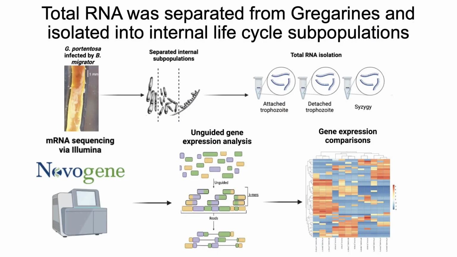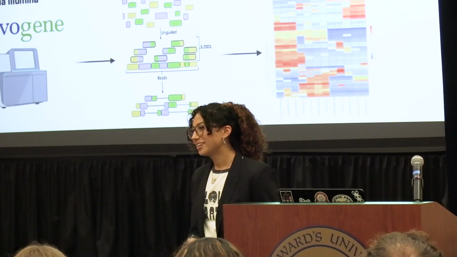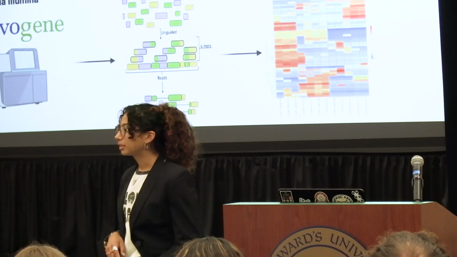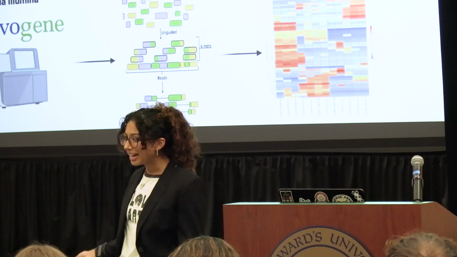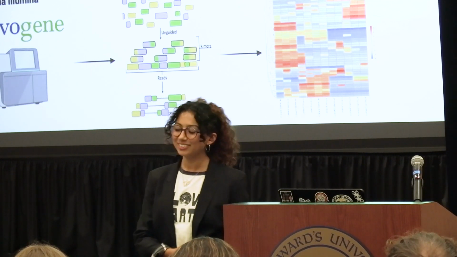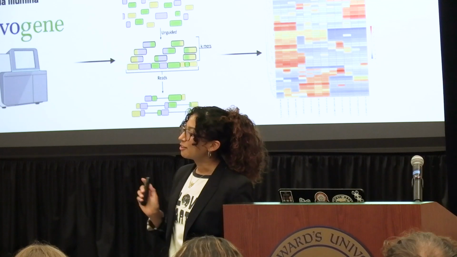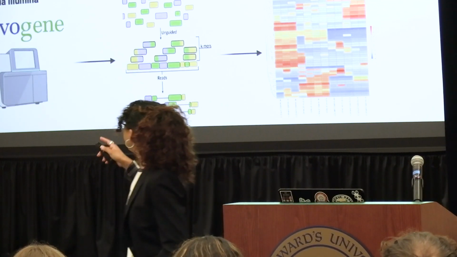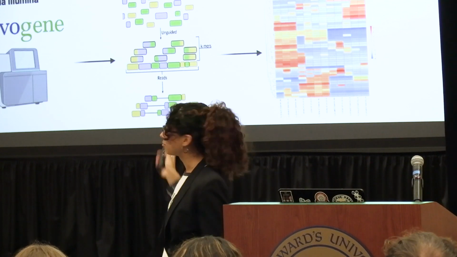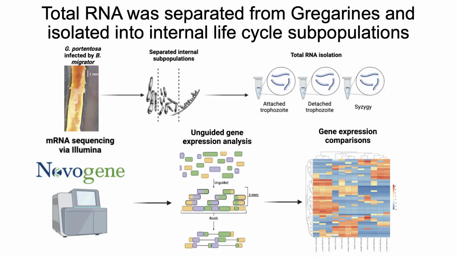Now, this research has been conducted over the past 2 years. In the first year, I was focusing on isolating our parasite and the RNA from them. In order to do that, I had to dissect our host. So I dissected over 70 cockroaches for 1 summer. And I looked through their intestines, separated our subpopulations, and then isolated the total RNA from that.